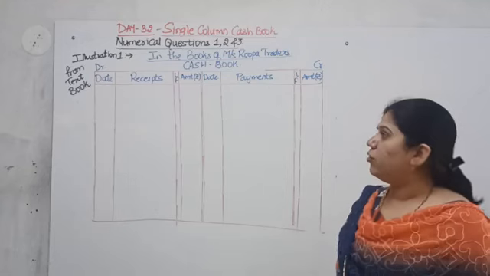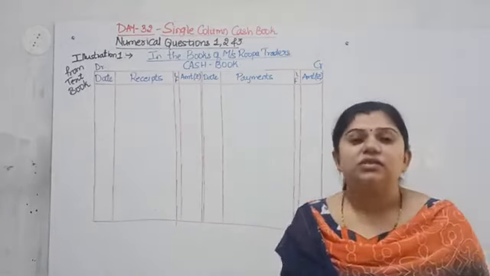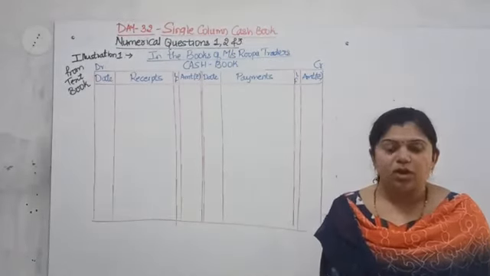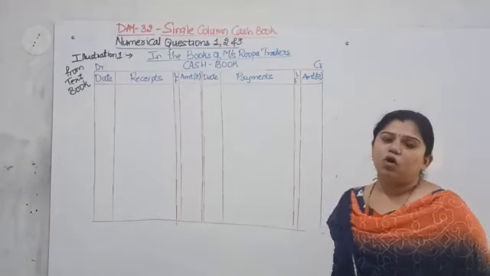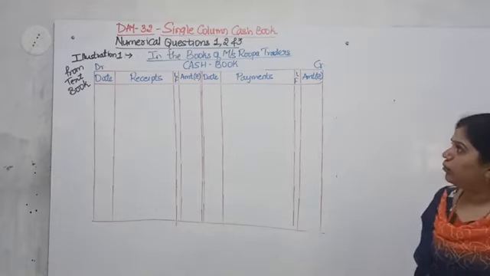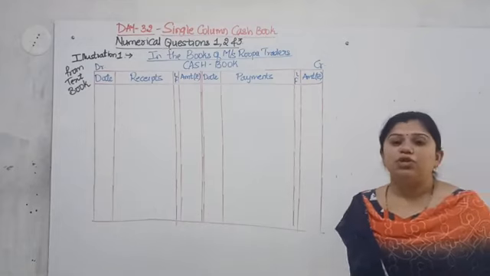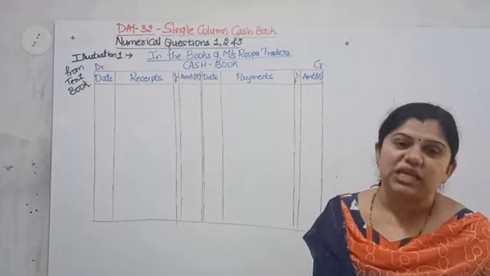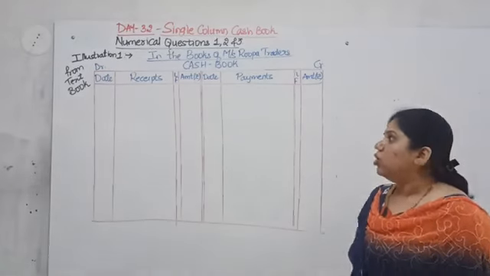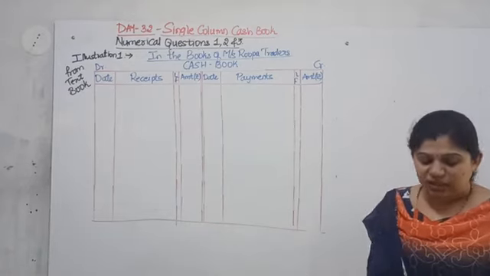What we are studying today? Today we are learning how to prepare the single column cash book. In the previous class you have already learned the meaning of a cash book, the types of cash book and also the pro forma of the cash book. Now today I am going to teach you how to prepare a cash book. This is a compulsory question which comes into exam in section C for 6 marks. It's a compulsory question. So, first we are going to take an illustration from your textbook.